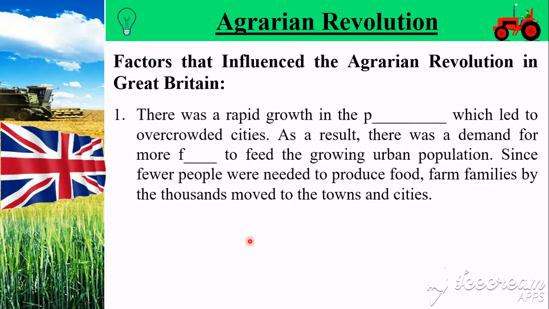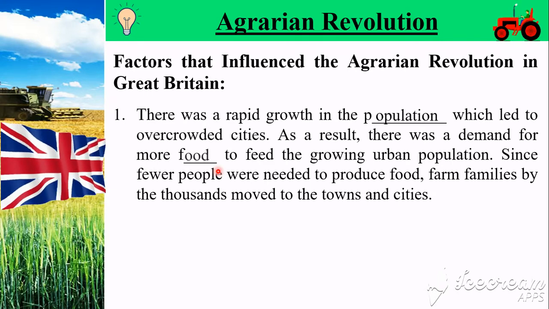First one is that there was a rapid growth in the, you got it right, it's population, which led to overcrowded cities. As a result, there was a demand for more food to feed the growing urban population. Since fewer people were needed to produce food, farm families by the thousands moved to the towns and cities. So there was an expansion in terms of population, and once population increases, the demand for food is also going